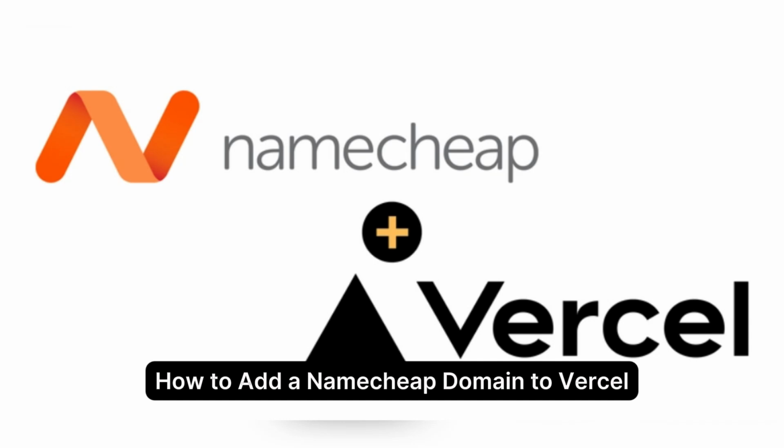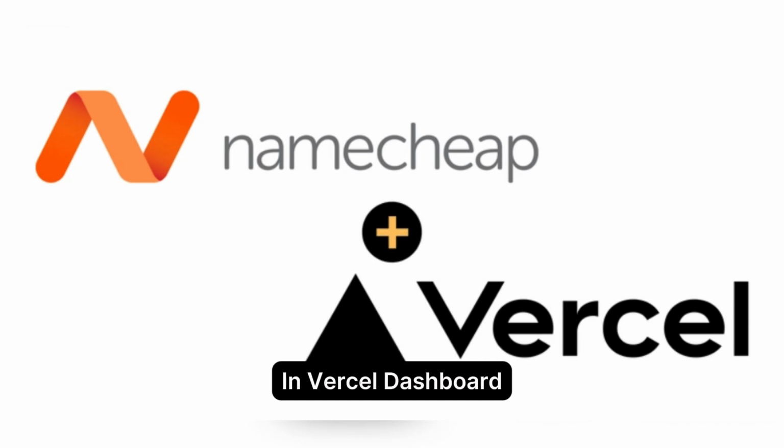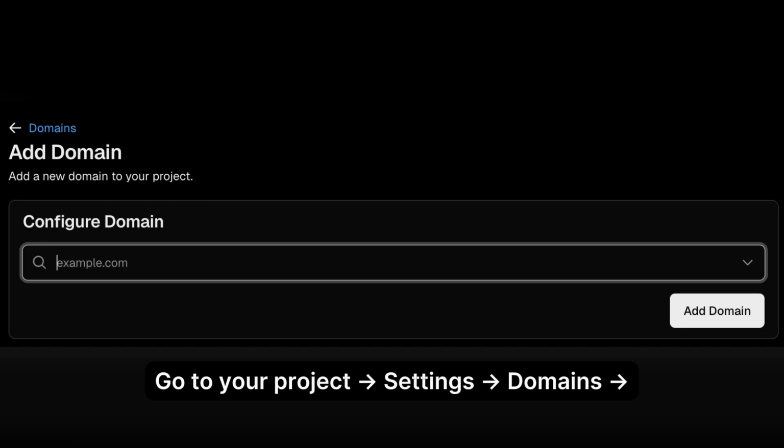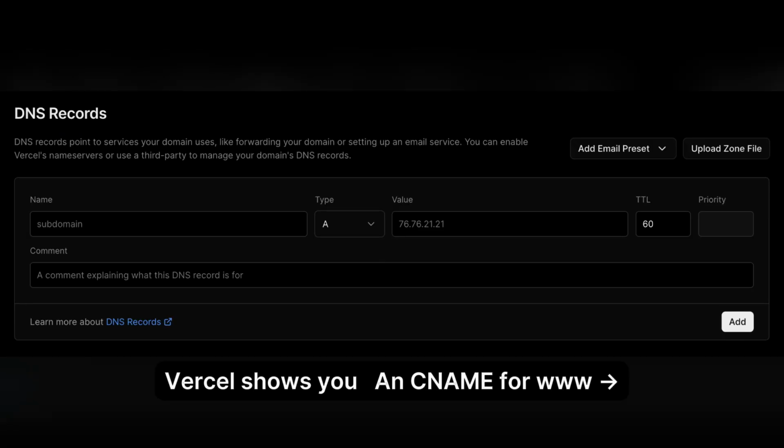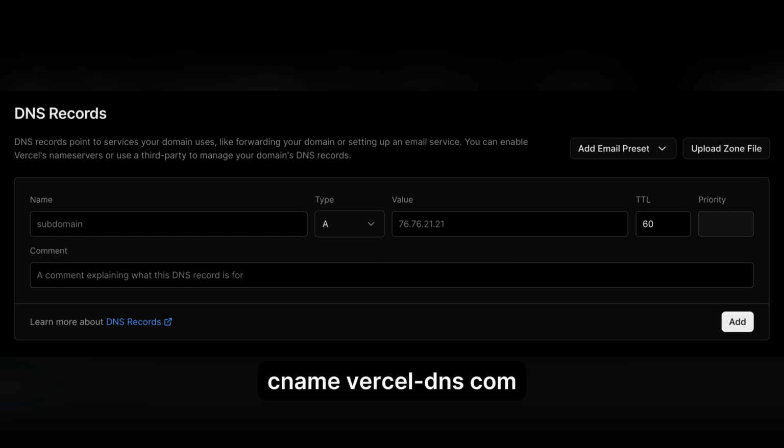How to add a Namecheap domain to Vercel in the Vercel dashboard. Go to your project, Settings, Domains, Add. Type your domain, example.com or www.example.com, then Add. Copy the Vercel DNS records. Vercel shows you a name for www, a CNAME, verceldns.com, and a record for the root